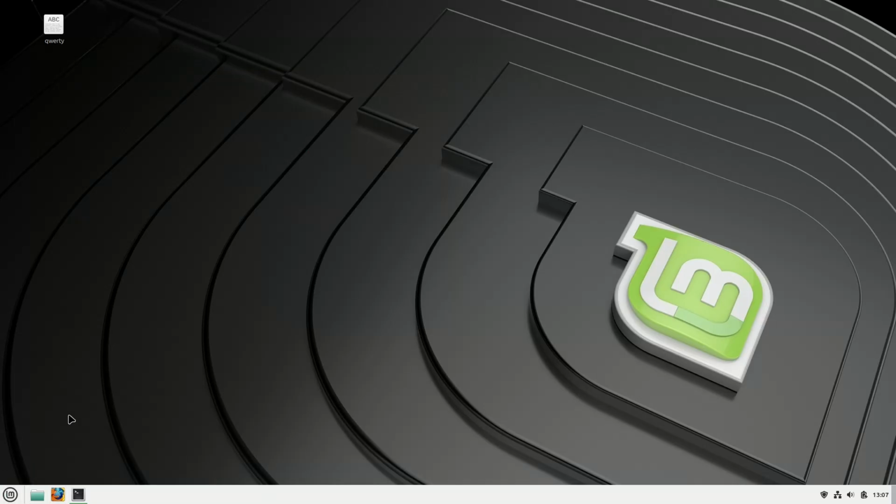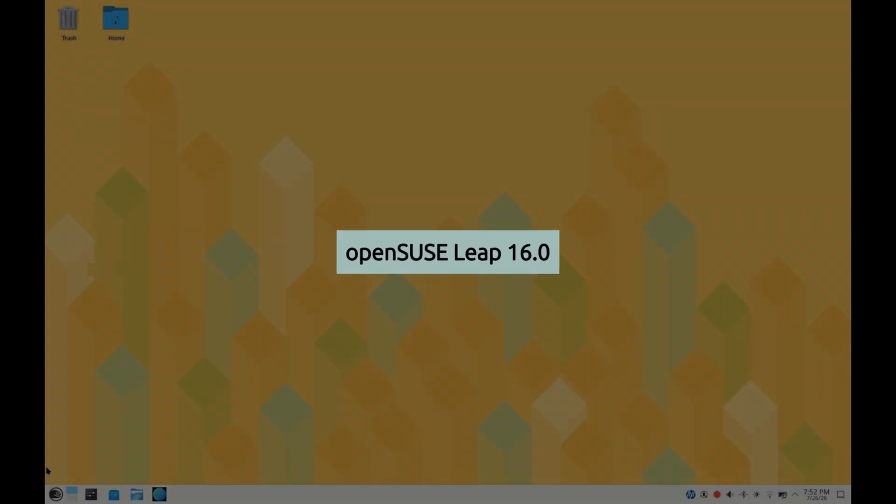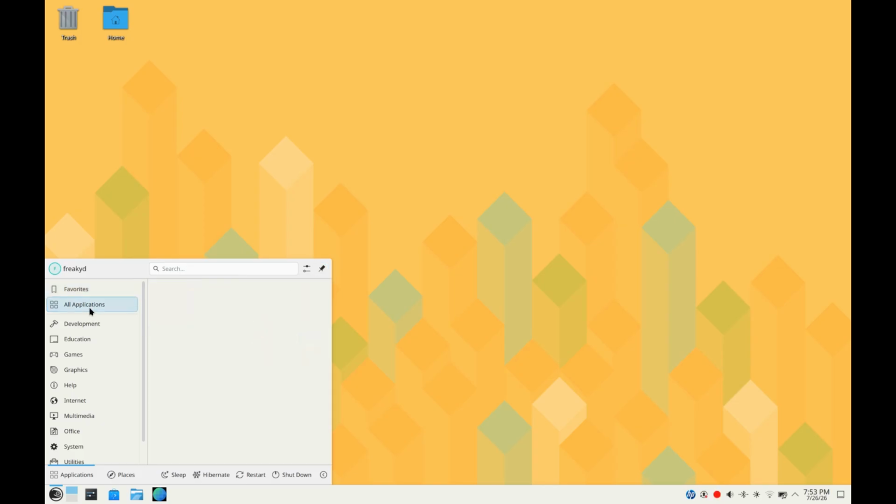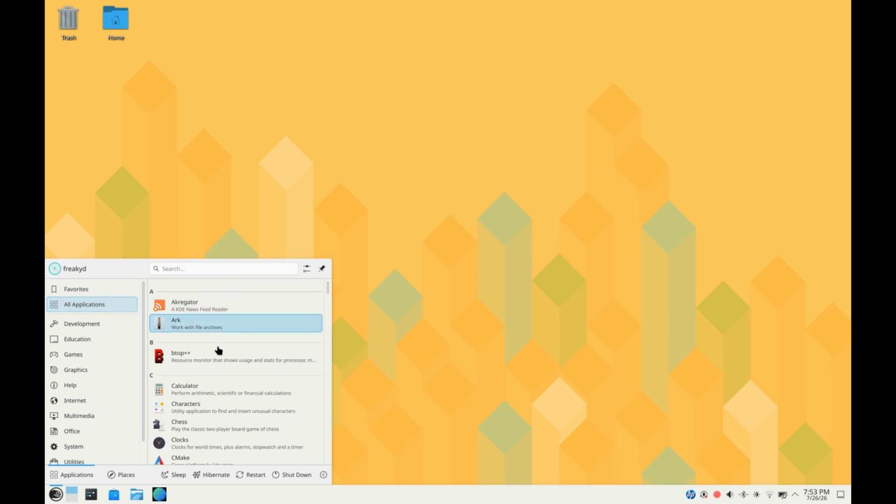We're moving on to OpenSUSE. The start menu is placed at the bottom. At the top we see user information, next a search field for files and applications. Next we have two buttons. The left one is for configuration and the right one makes the menu stay constantly open. Under the user we have favorites, and all applications, which shows all applications in alphabetical order. And then we have logical groups of applications.